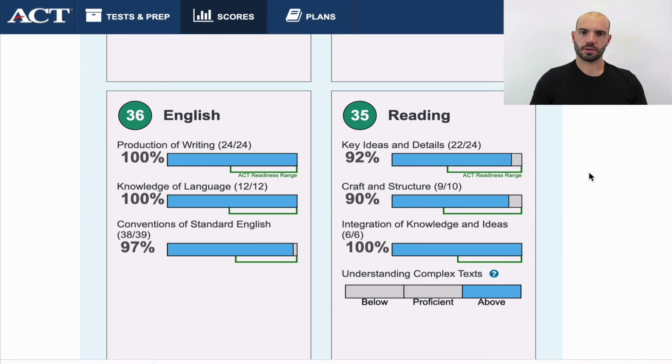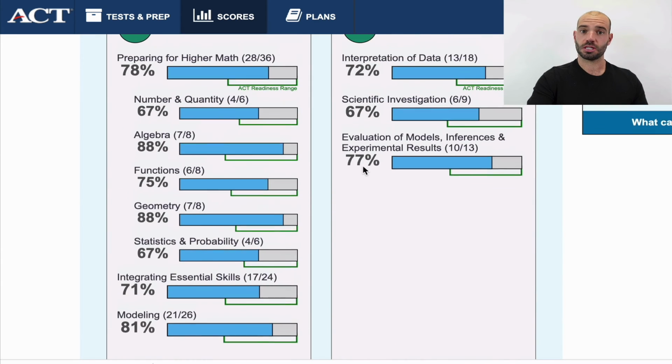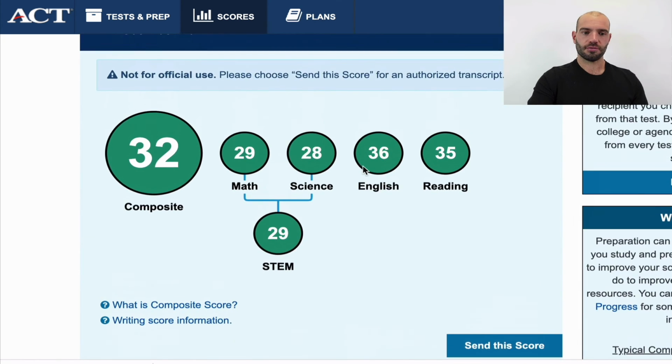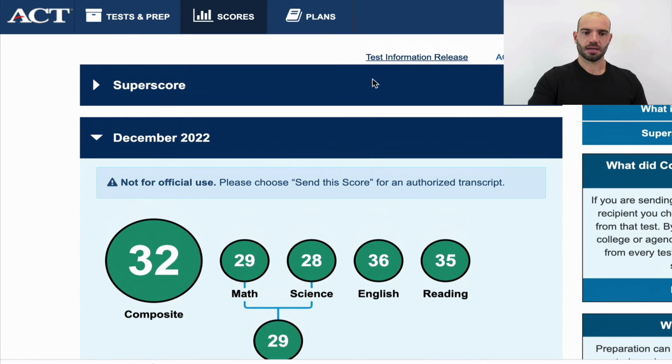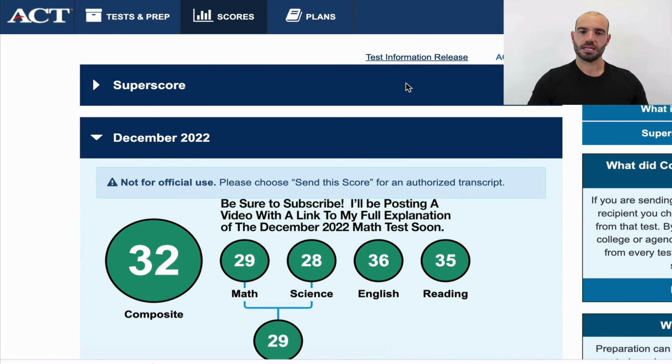So what I recommend doing to actually review your test is to order the test information release. If you've already ordered it, you can basically just wait. Usually the test comes out in about a week or 2. They'll send you a digital copy of the test along with your full score report. If you haven't ordered, you can scroll back to the top and it will say Test Information Release. You can click on this button here and it will take you over to a place where you can order it. It's $40, so if you can afford it, it is very helpful